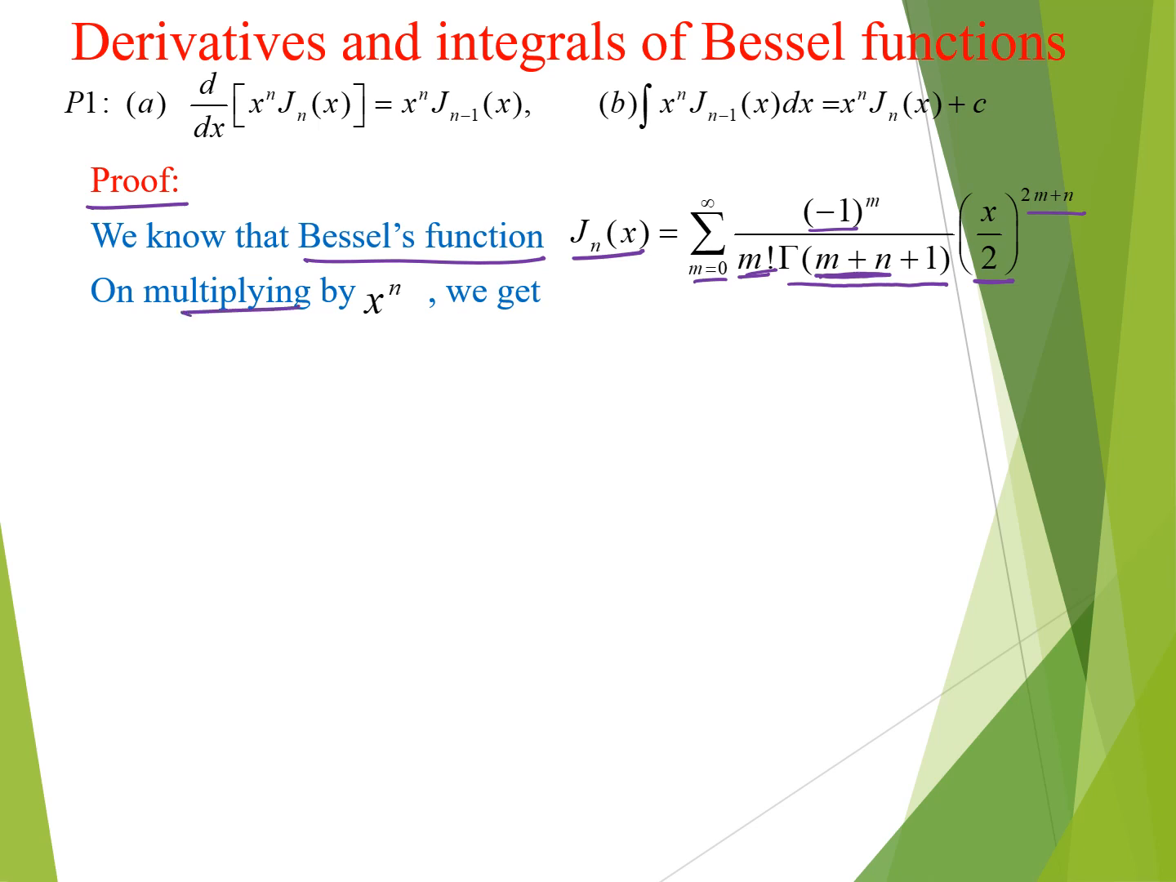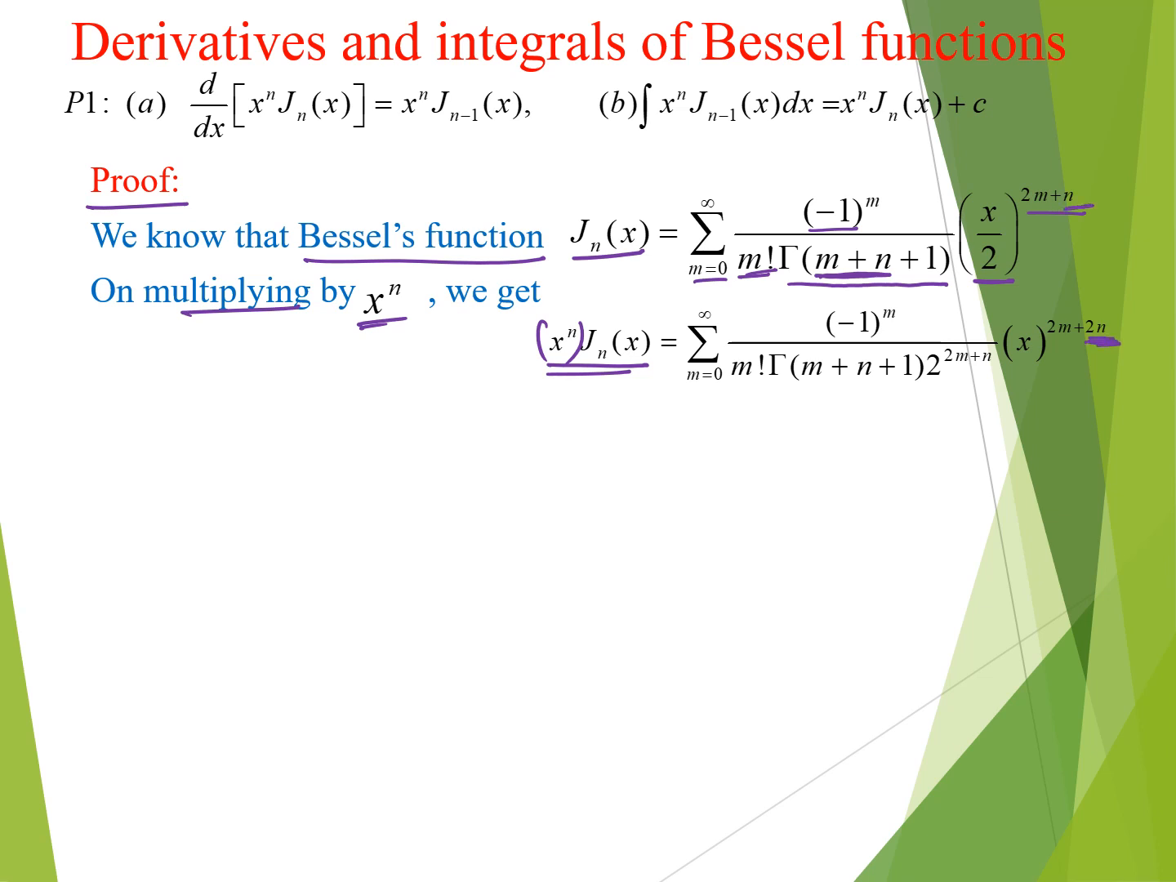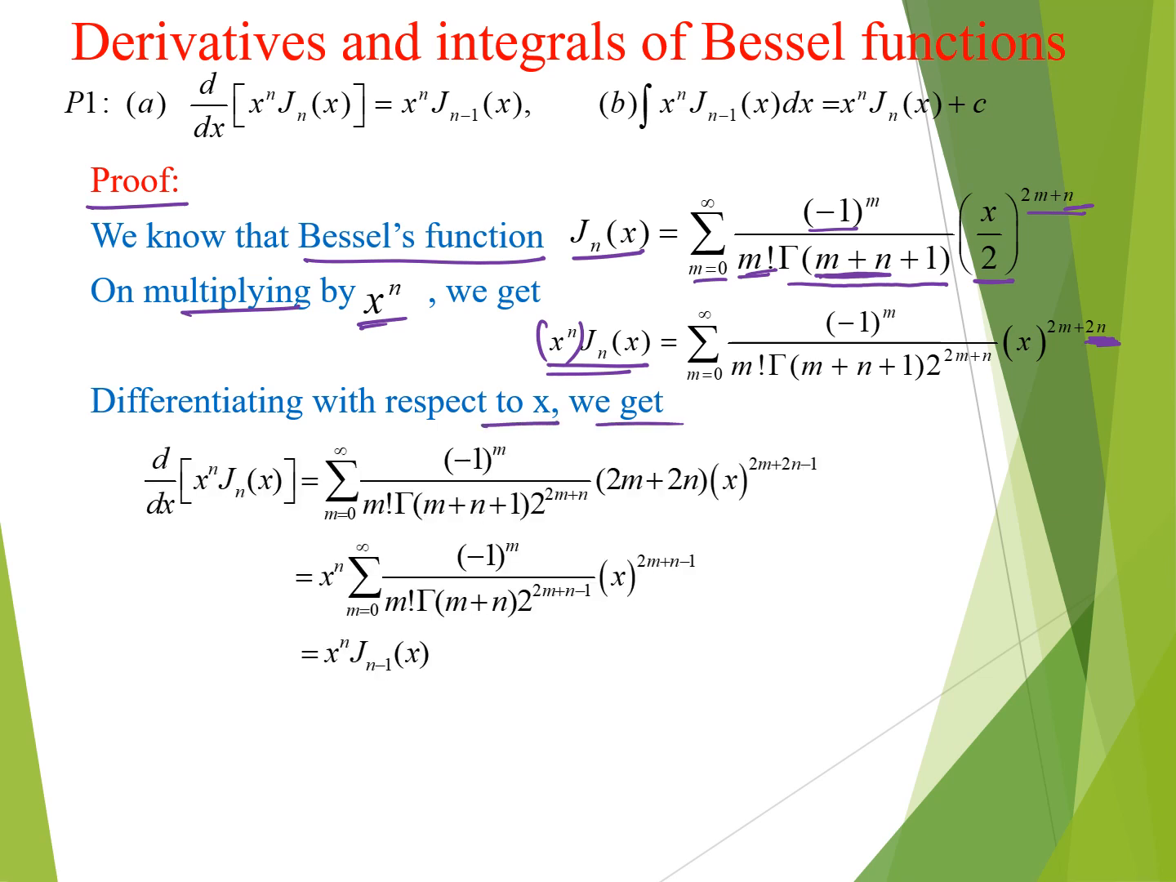On multiplying both sides by x to the power n, we get x to the power n Jn is equal to, when we multiply x to the power n to the right side, this value is converted into x to the power 2n. When we multiply x to the power n, the powers are added. Now differentiating equation 1 with respect to x,